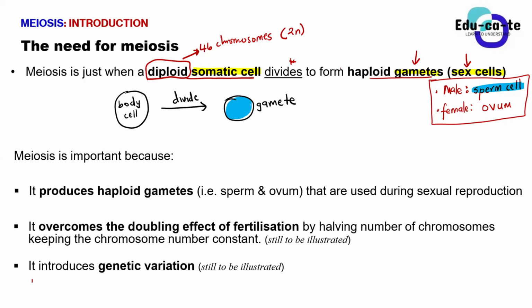And then when we say haploid, how many chromosomes do you think we have? 23 pairs. Yes. Oh, not pairs. When we say haploid number of chromosomes, how many do you think we have? Because 23 pairs is the same thing as saying 46 chromosomes, remember?